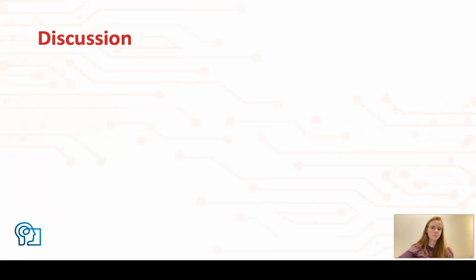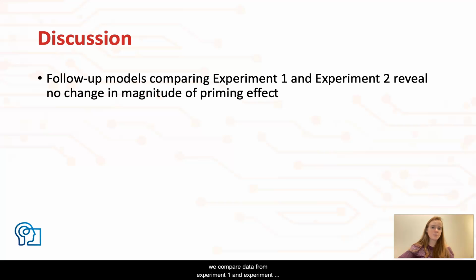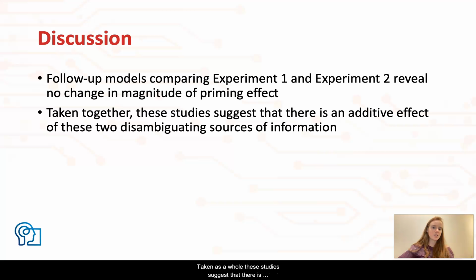with no interactions. In order to address whether the effects of priming changed in the presence of another disambiguating cue to speech, we compared data from experiment 1 and experiment 2 in one model, treating experiment 1 as having a neutral auditory context. We were interested in whether a prime by context interaction would emerge, potentially indicating that the effect of prime differed in the presence of the biasing auditory token. However, we did not find such an interaction. In other words, the impact of the visual prime is not affected by the presence of a potentially conflicting co-articulatory context. Taken as a whole, these studies suggest that there is an additive effect of these two disambiguating sources of